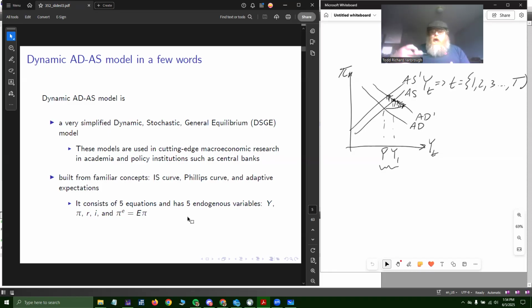A really important reason why we also discuss dynamic AD is its use in modern economic modeling. Another new idea that we're going to introduce in the context of dynamic AS-AD is this idea of running simulations. You can imagine that if you break your economy down into all these structural equations, output behaves this way, expenditure behaves this way, money market behaves this way, it's not that difficult to basically build a mathematical model